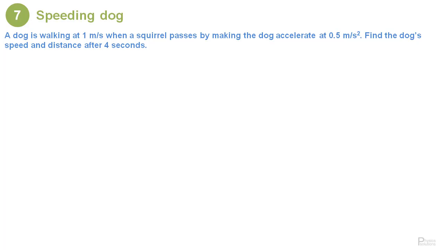So we find here that the information that is given in the problem includes the initial velocity of the dog. So we could write this. We have what we usually call V0, the initial velocity. We have the acceleration, so let's annotate that. We have the value of the acceleration. And we have the time. We are being asked about two quantities. We are being asked to find the velocity after 4 seconds and the distance that the dog will run on